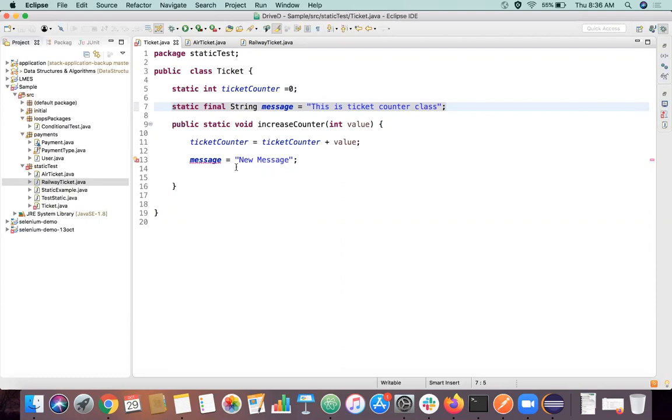I cannot go and change the reference to a new string like this. Once you remove this final, then this is possible, and I can go and modify this object. Once you declare something as final, I cannot modify this object. It will throw an error. So final is used wherever you don't have to change the value, and it is kind of constant across all of your modules where you're trying to access that variable. Same thing goes for this integer also.